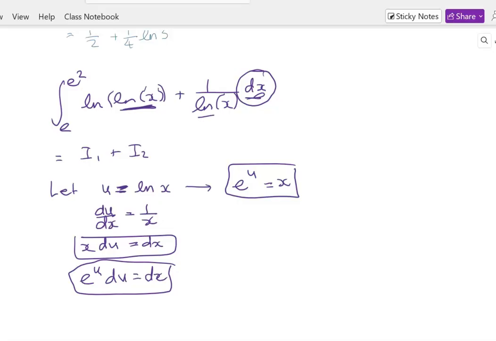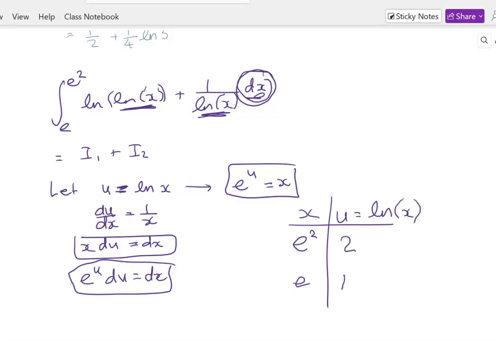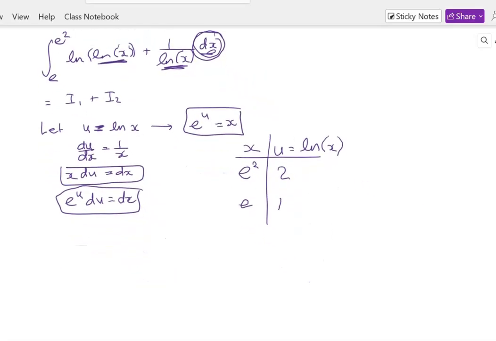We've got this ready to go, this is ready to go, and this is ready to go, but now we have to change over our limits of integration. So my x limits were e squared and e. U is equal to the natural log of x. So here we get 2 and here we get 1. Right, so let's split this into 2 integrals and see what we've got. So big I is equal to this integral, so the natural log of u times e to the u du. And then the next one is plus 1 over the natural log of x,